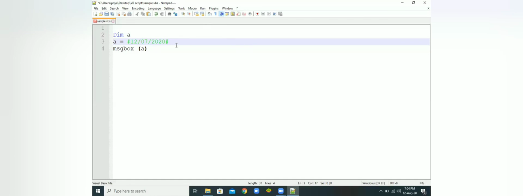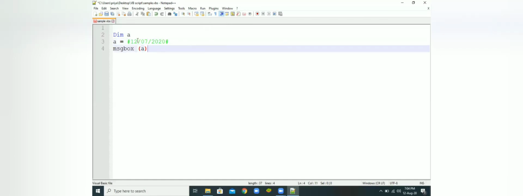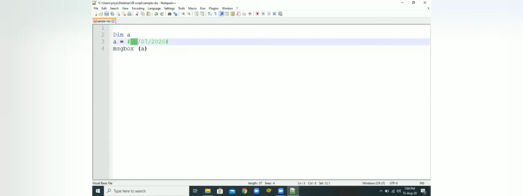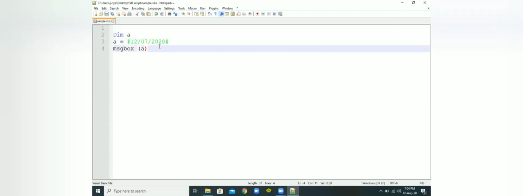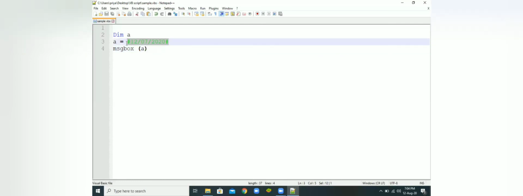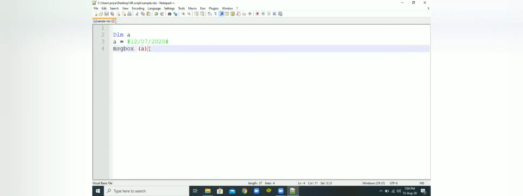While giving the date, you can give the month first and the date second, or the date first and the month second, but you should give the year last. When I run this, it will convert this particular date into the standard date format. Let's see the output for the date variable.